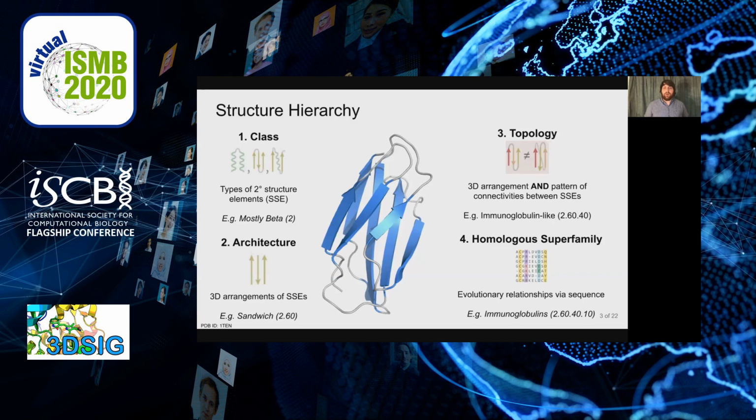The last thing you look for is the homologous superfamily. We try to find other proteins that are thought to have a common ancestor. This is usually found via sequence analysis, usually greater than 20% sequence identity. This hierarchical classification system works really well for many proteins, except there are a few edge cases which make it difficult